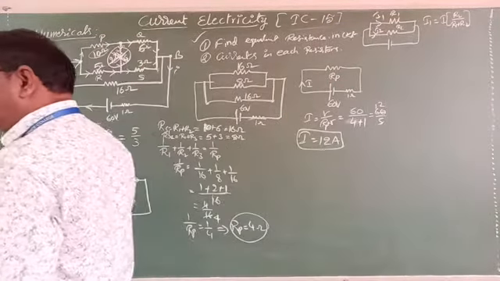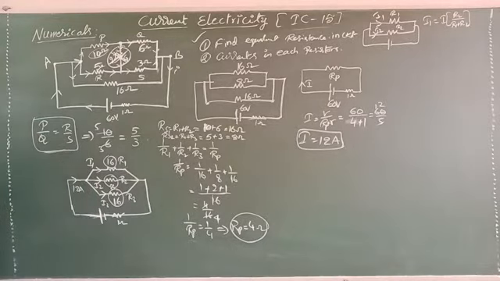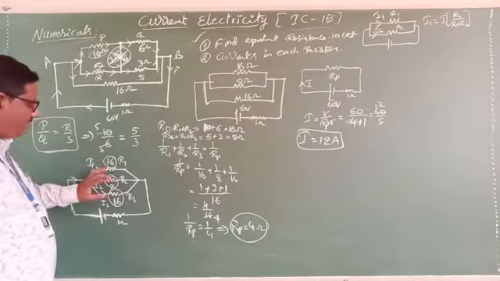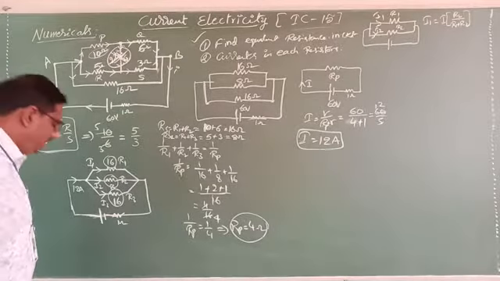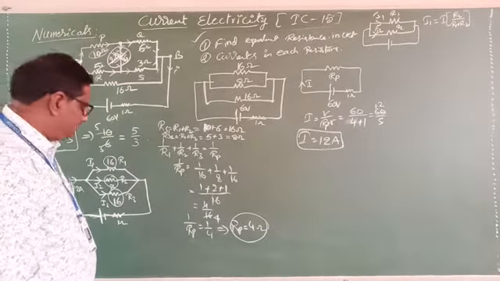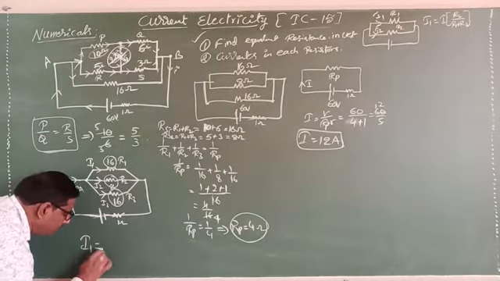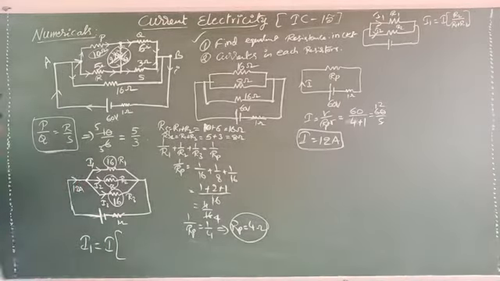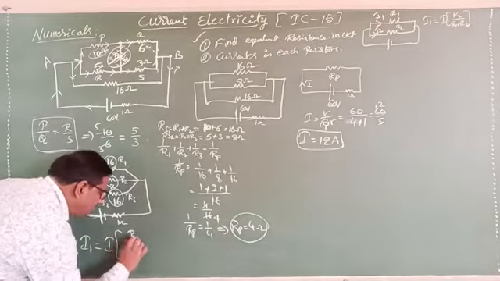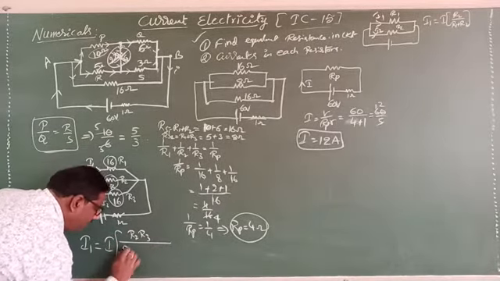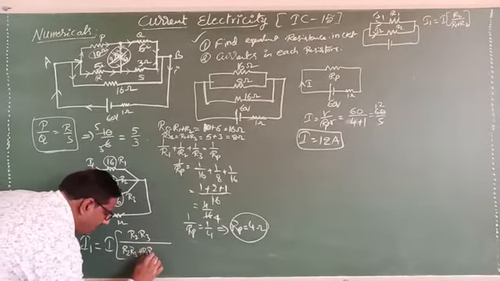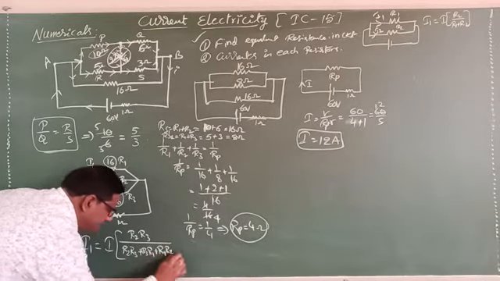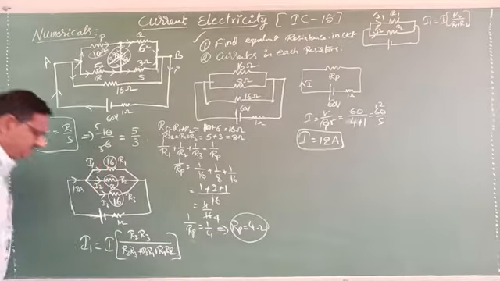Now, in this circuit we have three. Same model. Whichever branch current you want, that branch you leave, and the remaining opposite resistance you take. In the three combination, I directly wrote one formula. Note down: I1 equals total current I into R2 R3 by R2 R3 plus R3 R1 plus R1 R2. You can write like this. This is I1.